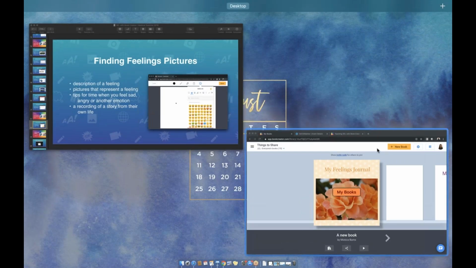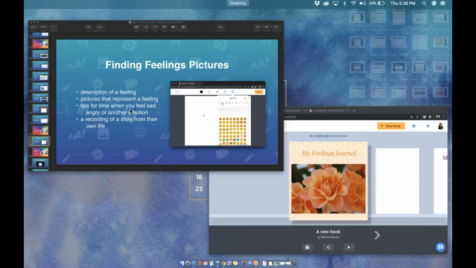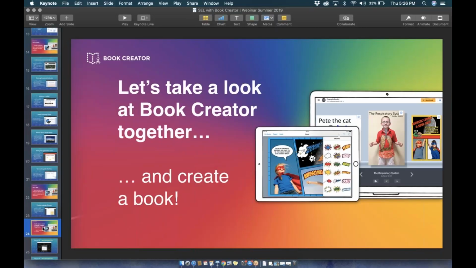Now, I'm going to take you out in just a moment to my Book Creator here, but I would love for you to join in and create a book alongside me. So I'm going to take you through steps. You are welcome to sit back and watch, but if you want some hands-on to try things out, you can open up